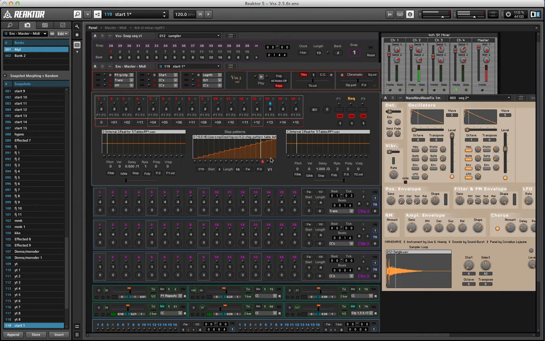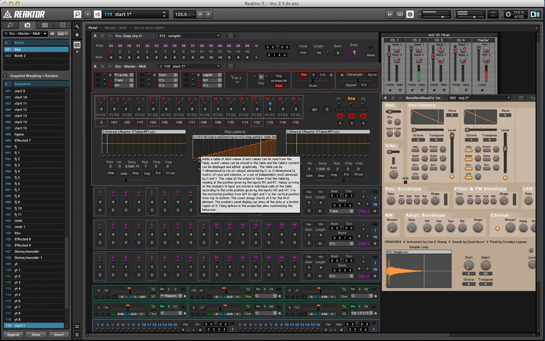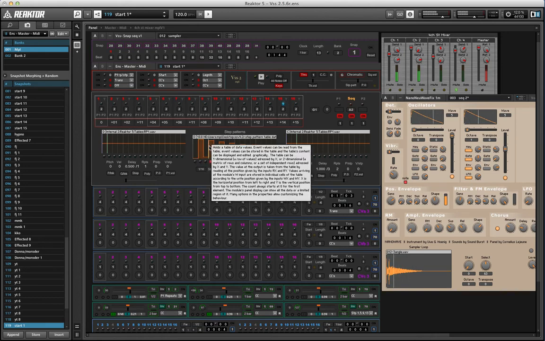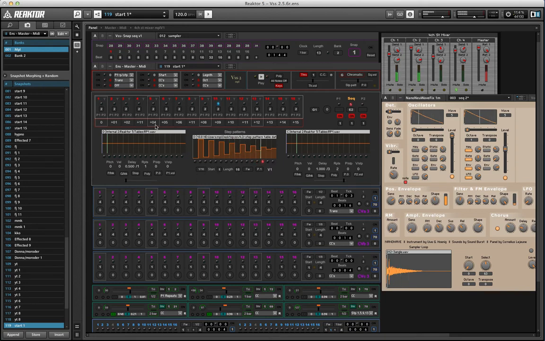So, here we are, and as you can see, at the moment 0 is just your normal 1 to 16. I've set up a little pattern just of ascending pitches. As you can see, it's stepping along 1 to 16 as the pattern. And when we change the pattern, like for instance, this is going step 1, step 16, step 2, step 15, etc., which gives you, let's just speed it up a wee tad.